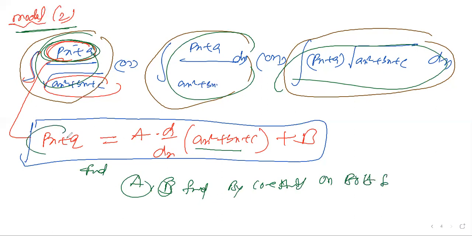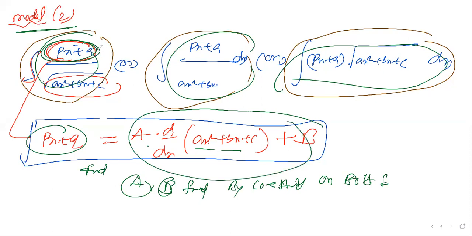By equating coefficients on px plus q, then differentiating this one and equating the coefficients, you find a and b. After finding a and b, substitute the values of a and b. After you get this, you need to substitute this place by this, then you continue the problem. Just to understand the method, the questions are there. I need to show how I'm going to apply it. Please take this model, then I'll take a question now.